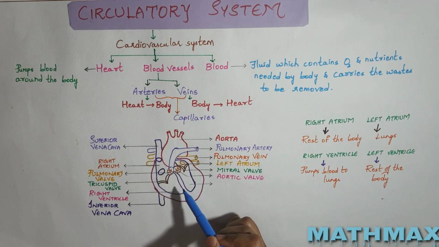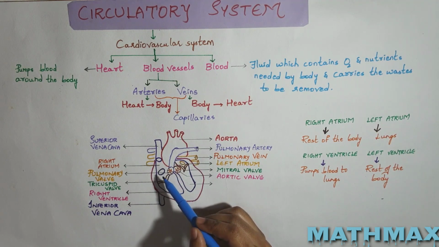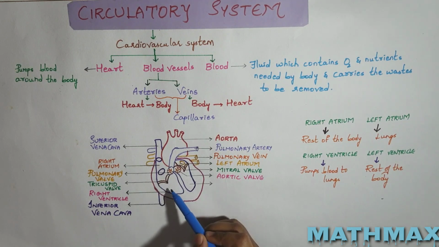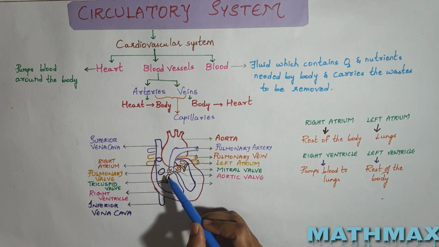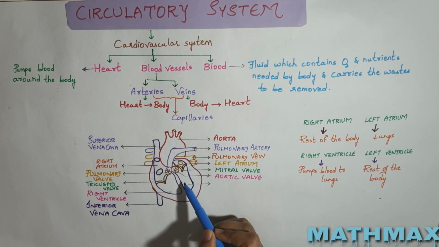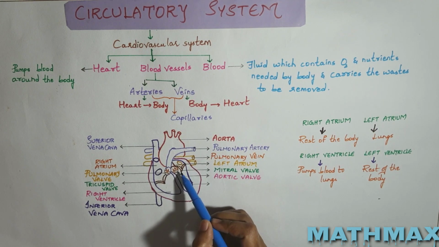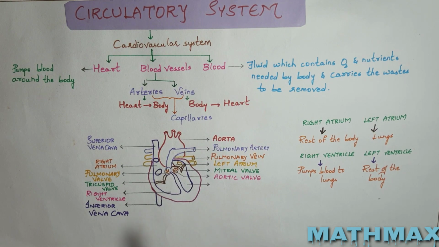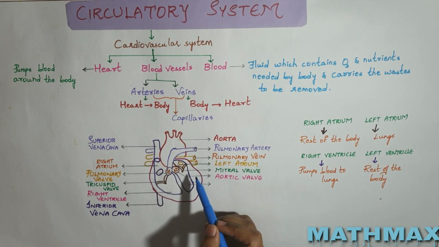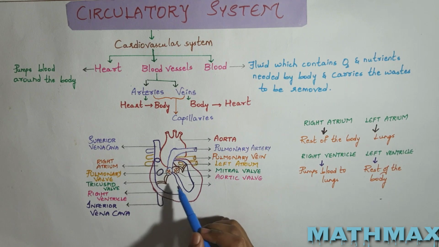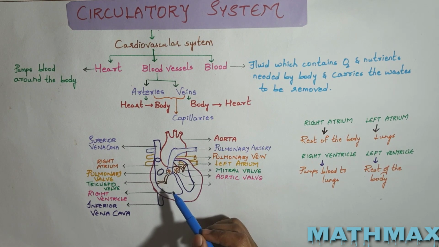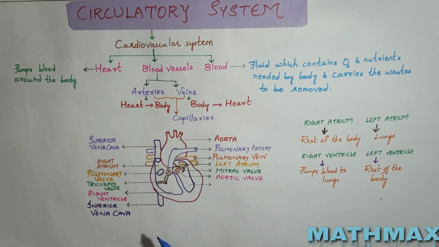Atria and the ventricles are separated by septa known as the atrioventricular septa. The valve present in between the right atrium and right ventricle is known as the tricuspid valve. The valve present in between the left atrium and left ventricle is known as the bicuspid valve or mitral valve. So let me tell you what a valve is. Valves are the fibrous flaps of tissue found between heart chambers and in the blood vessels. They are rather like gates which prevent the blood from flowing in the wrong direction.